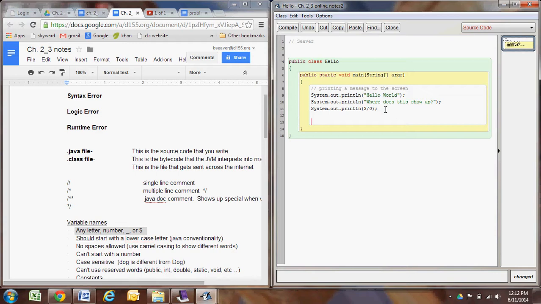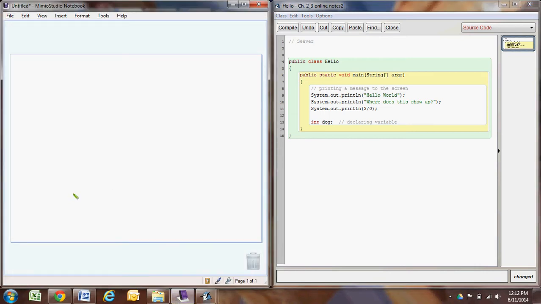So we're going to make a variable, and you have to tell me what kind of variable it is as well. So I'm going to say int, and then I'm going to come up with a variable name, and maybe I call it dog. Int dog is declaring a variable, and I'm going to put a comment there. This is declaring a variable. What I just did is opened up some memory location to be able to make it. So what happened just in the computer by doing int dog, just as a quick reminder of this, and I'm going to fumble through this a little bit,